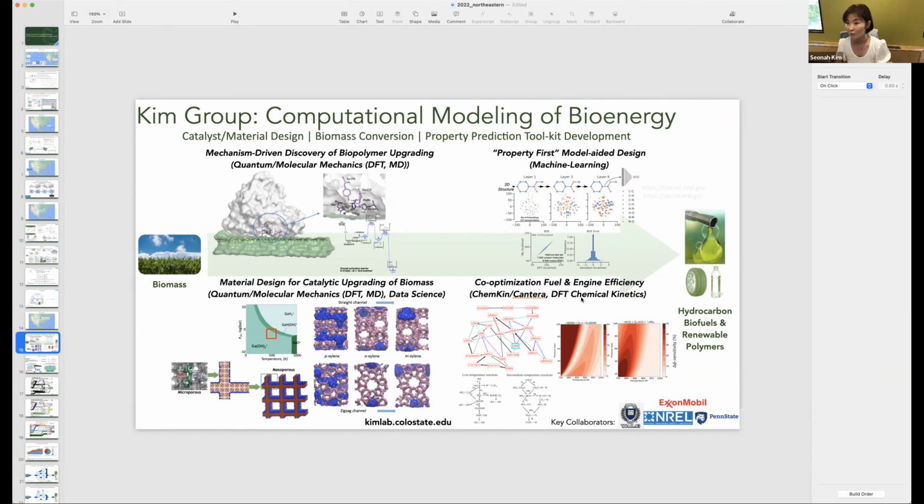This is very engineering-focused work, which I like, because every day I think, if my research does not impact my parents or my family, then I don't have any motivation to work hard. So I want to see some direct impact. So I designed some biofuel candidates. What happens if I put this one in my car to run my car engine? That is what I want to know, right? So that's why I like some very engineering-minded projects also. So that's what we are doing.